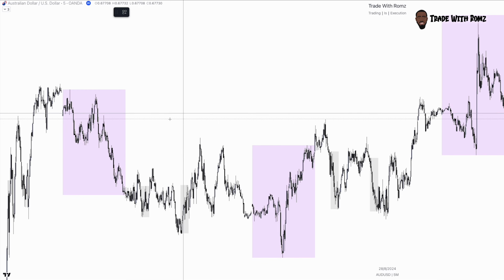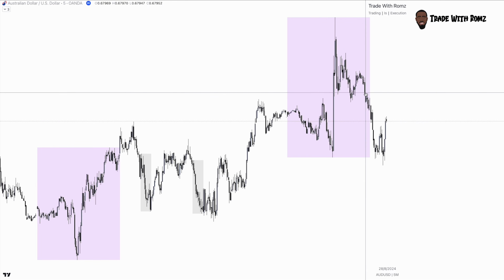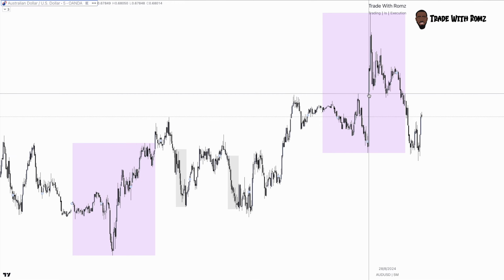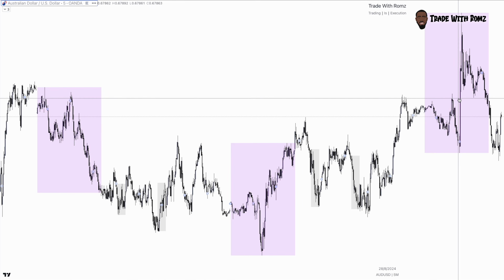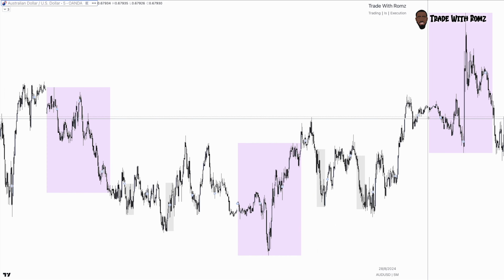So what you can see here is you got this major move during Asia. As I said, because it's AUD USD, we know that price moves a lot during Asia. So there's also some kind of Asia news, and it's moved price up aggressively to the high side. But this is not random. This is not random. Yes, it's a news candle, but there's a reason for it.